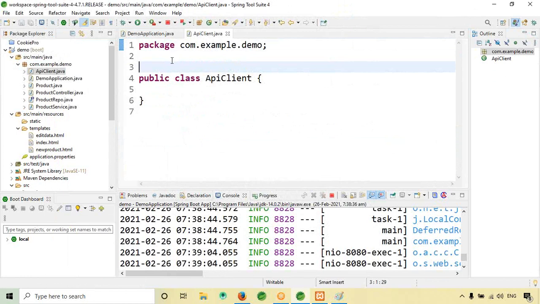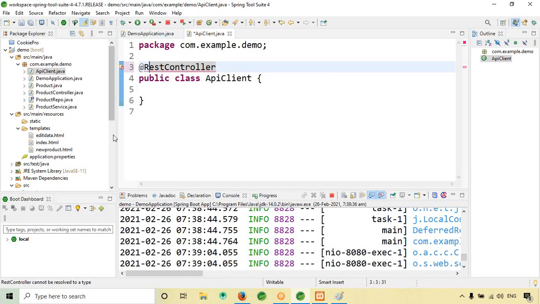In case of Spring, you don't need to write much code either. You have to use something called RestController. If you use the annotation RestController, by default the data will come out in JSON format only.